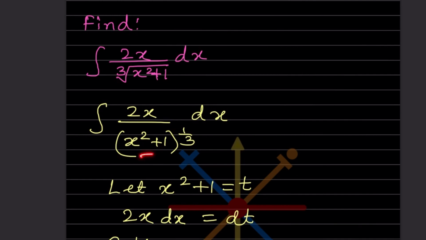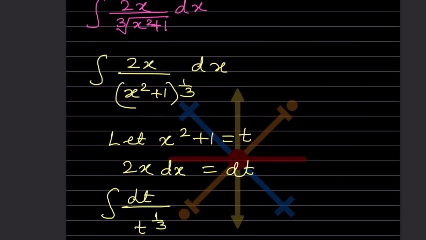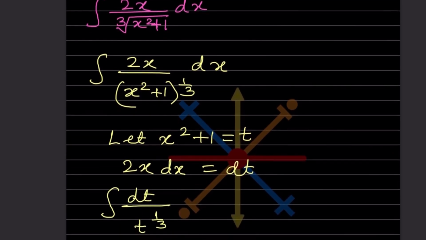So now let us consider this x square plus 1 as t. It can be anything; this can be in place of t. You can use any other variable. So here I put t. Now what are you going to do? This is going to be what? 2x dx will be,